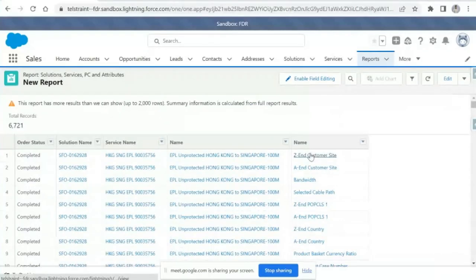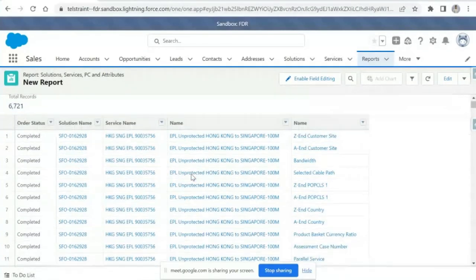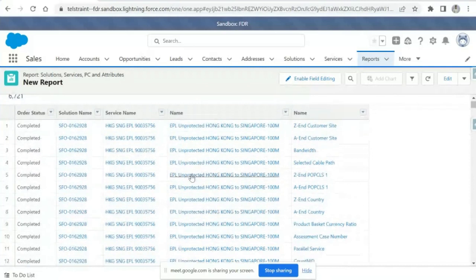Now, if you see this data in here, we have a few columns, right? Whatever you see normally is called a tabular report. This one we all know. If you want to change this tabular report to a summary report, a summary report is something like, if